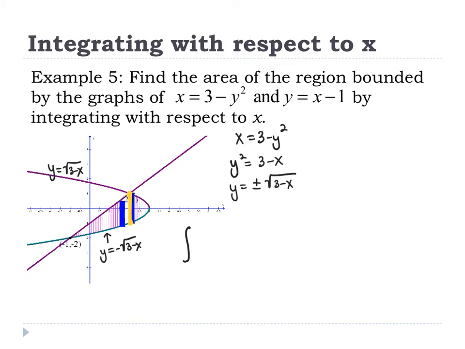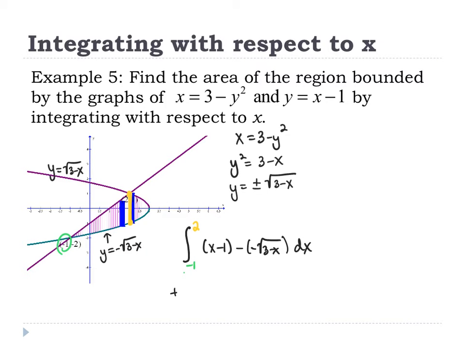So I'm going to integrate from x equals -1, right here, until x equals 2, right here. And the function on the top is the line, which has the equation x minus 1. And the function on the bottom is the negative root function,